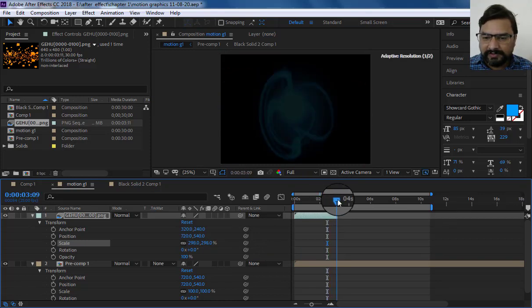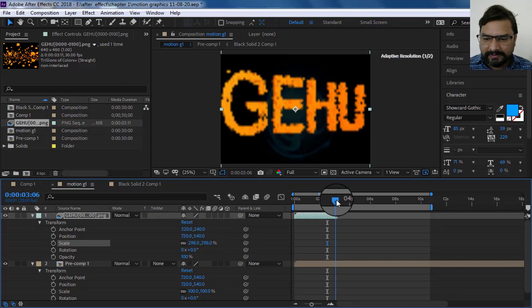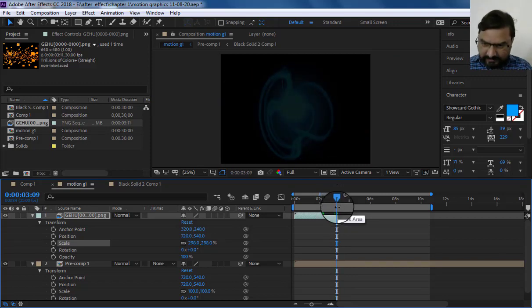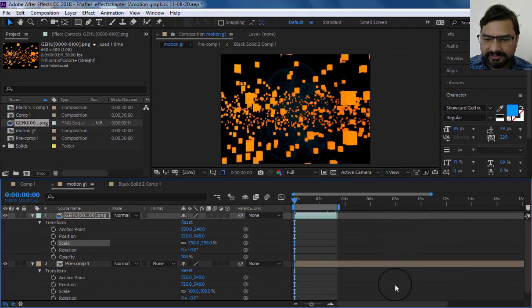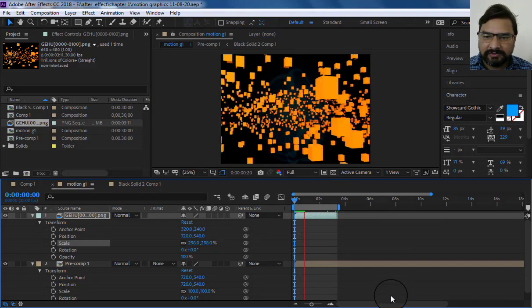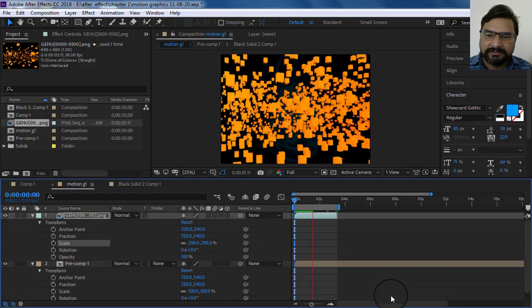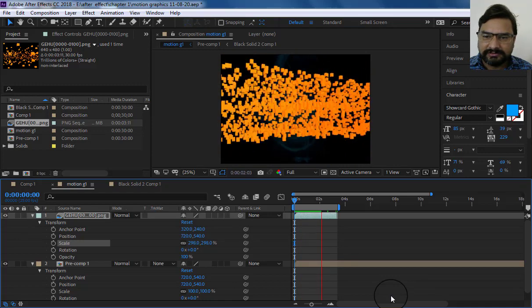Go to the end frame. Press N to cut this part, and our object looks like this.